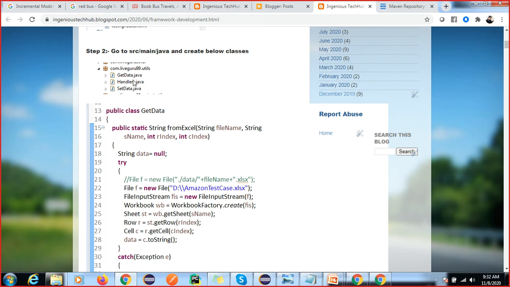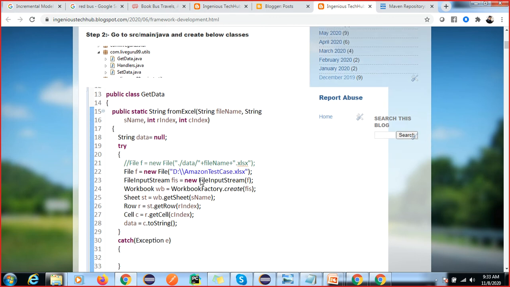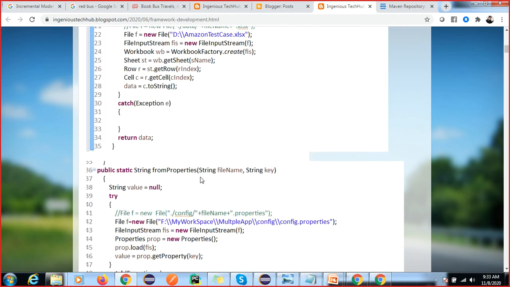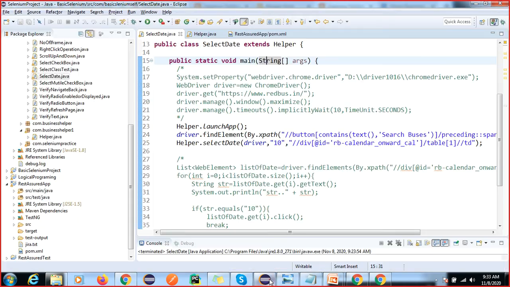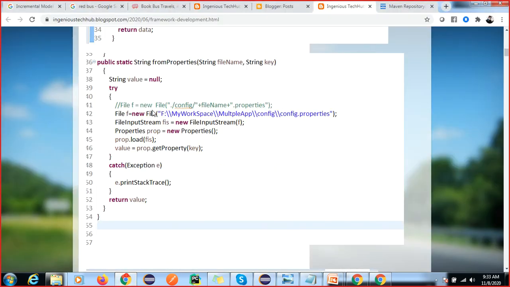How to set the data? Here we are not using any hard-coded data, and we are not passing it directly. This data we will read from an XML file, from a properties file, from a database, or from any external resource. So we are not hard-coding; we will read the data. This XPath we are not writing here; we will write it inside the page object model concept, right?